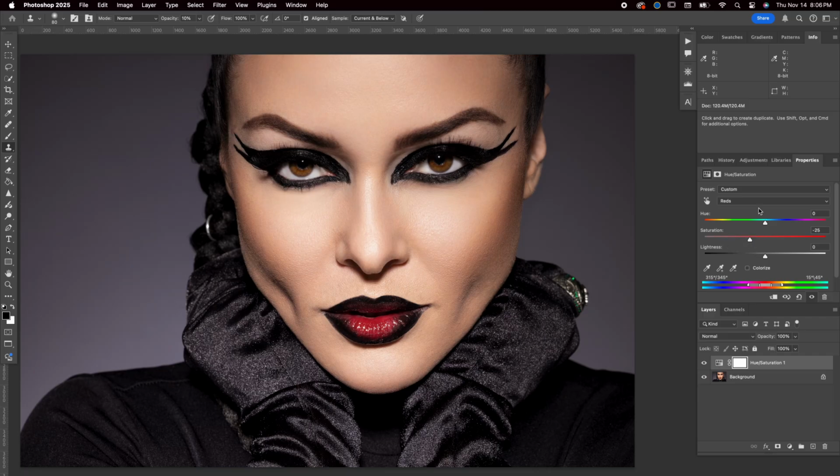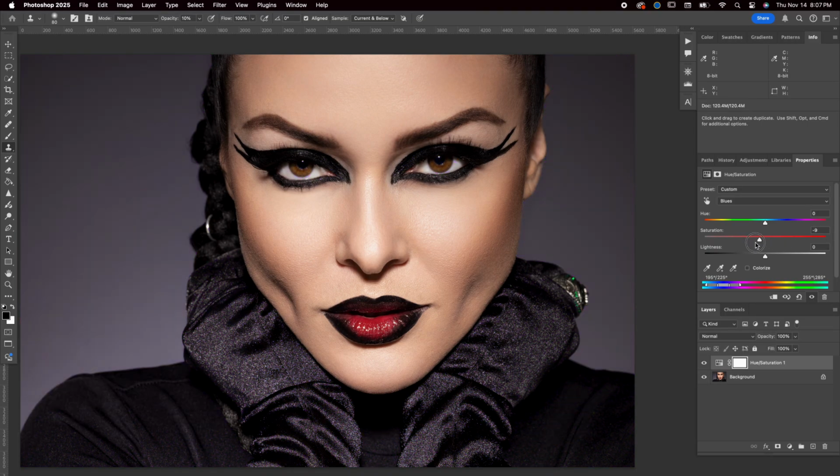So I'll play around with the saturation, with the reds, with the yellows, the blues, the greens, and all the other channels, just to see if I can get the image to be closer to what I saw in my head. Now, the other great thing with this is it allows you to turn up the saturation in something subtle, once again, like the ring on her finger, which has this little bit of green in it. The other great tool with this is it will help you eliminate some of the color